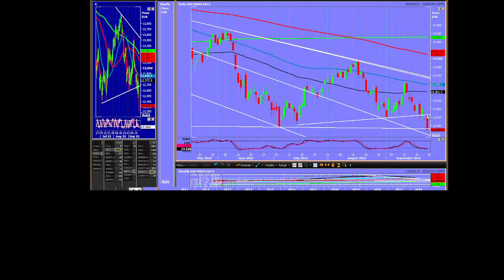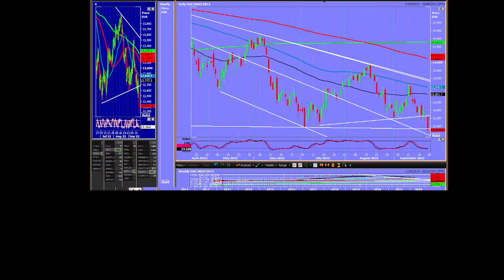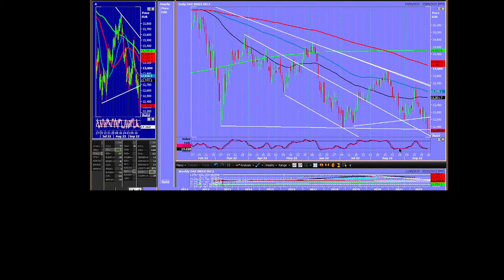That 12,650, 12,700 level, if you followed me on the DAX, you know that I had that as a level. That was why I said it would be broken lower. Now my level is 12,350, 12,400. Holding below there should see the market collapse. We're only just entering oversold territory on the daily chart, so no reason to buy it from that perspective.